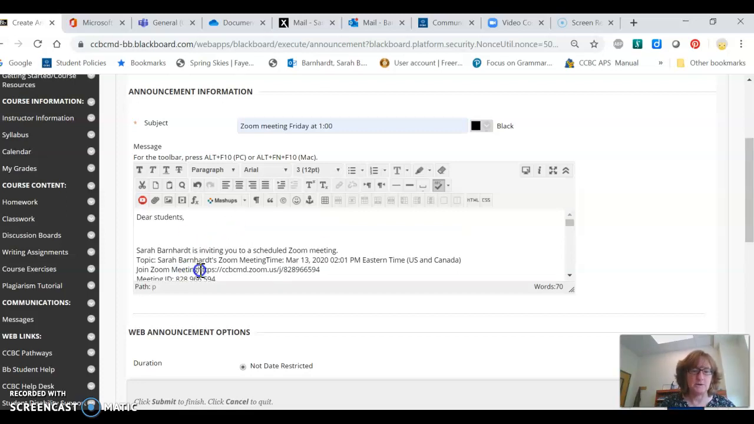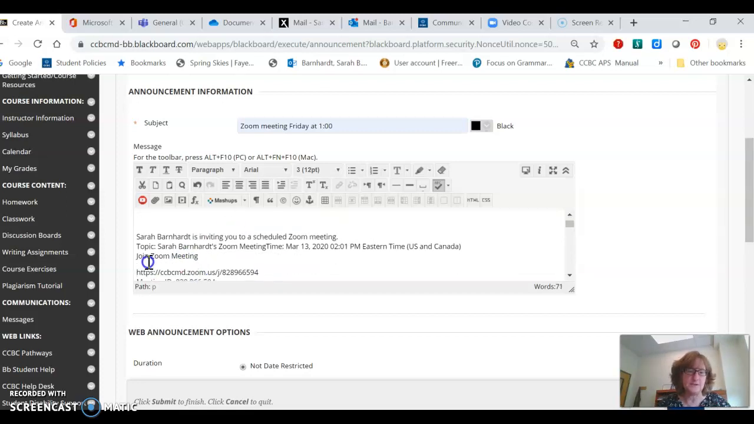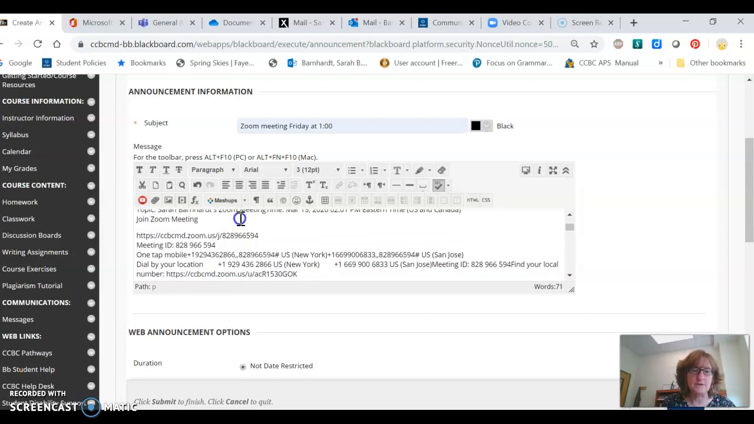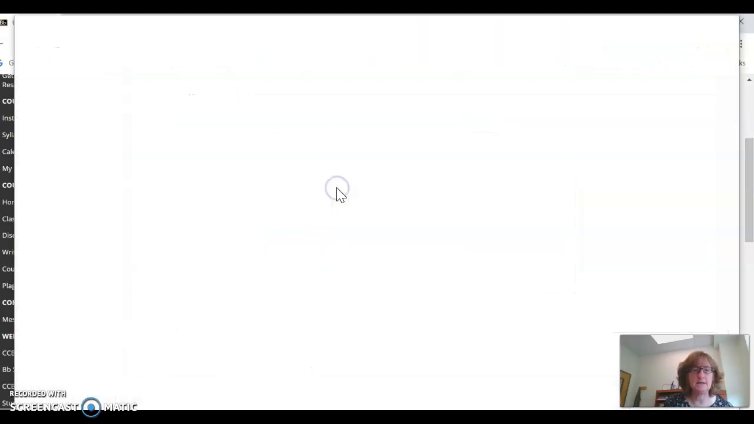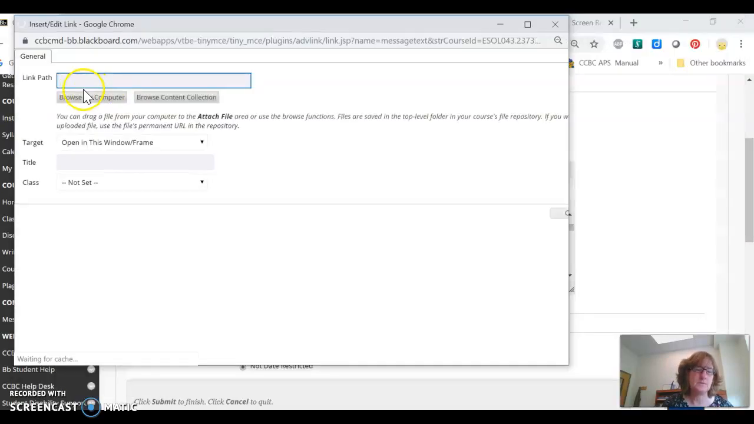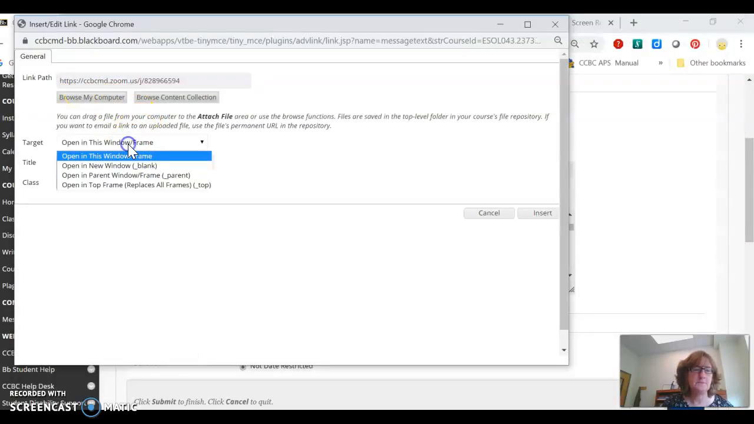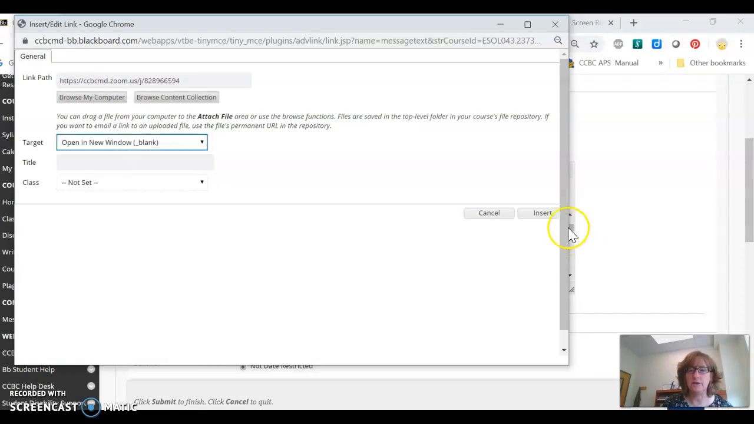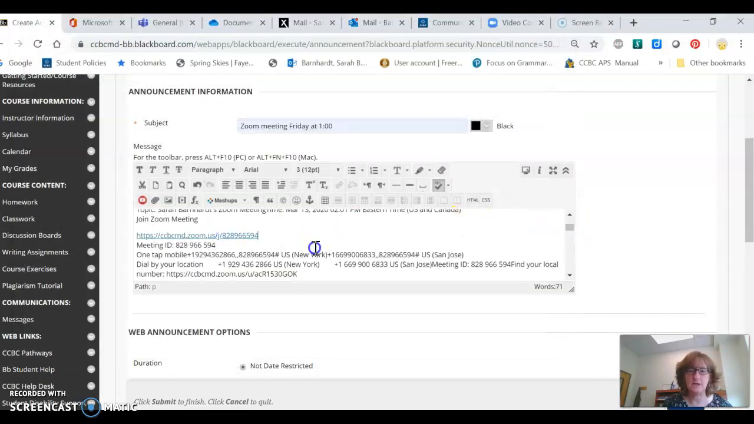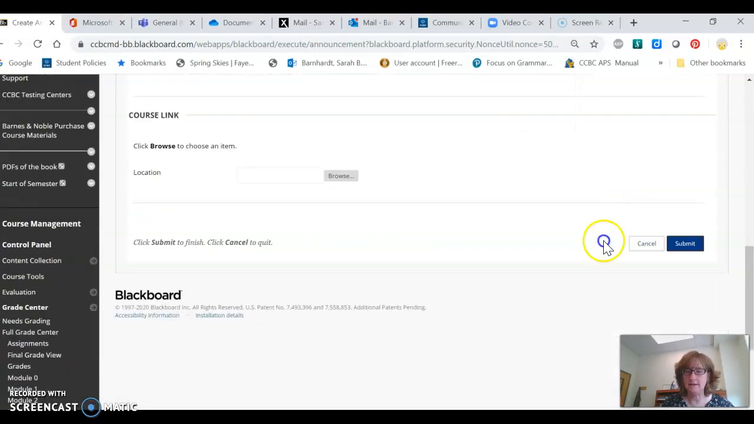Now, this part is important to make it easier for students. This section right here, this is the link that they're going to click on to get to the Zoom. All this other stuff is noise, except if they want to call in through the phone. So what I'll do is I will highlight it and copy it, and then I'll come up to the link. I'll paste it in here and have it open up in a new window, and then click on Insert. Now it's a live link, so when I click on the announcement,